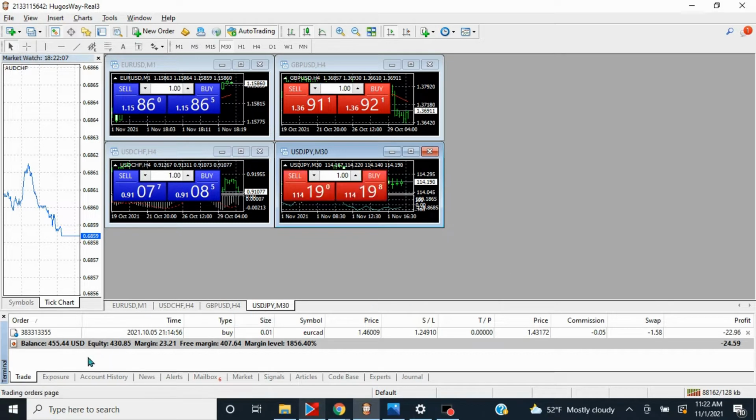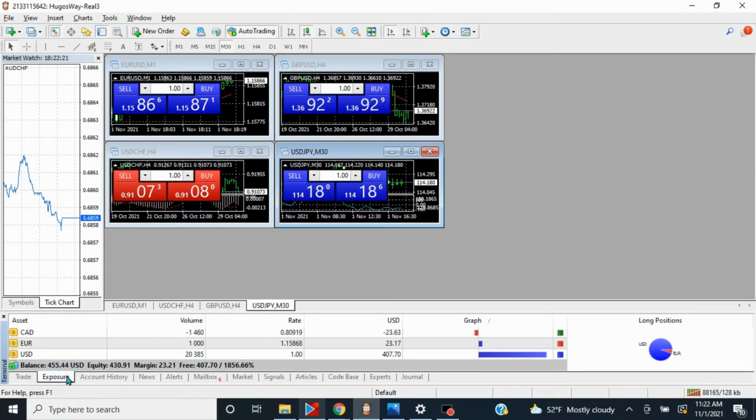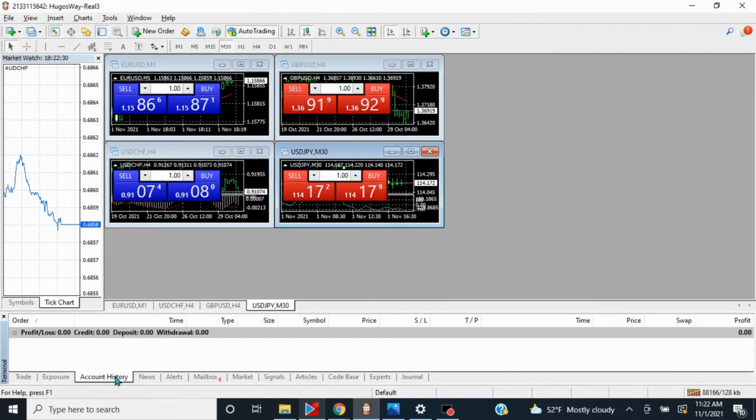But right now, my profit is minus 24. I started out with $550. So that's where we're at right now. Down USD 407 with a dollar. And again, back to my account history as of right now. So I'm down $94, $95 since the start,